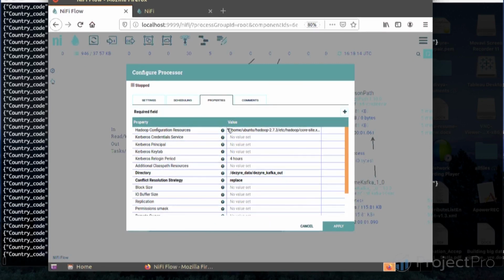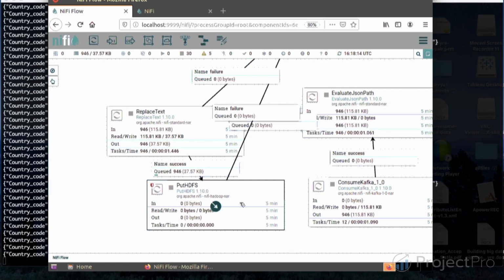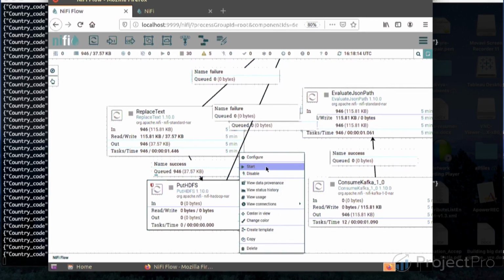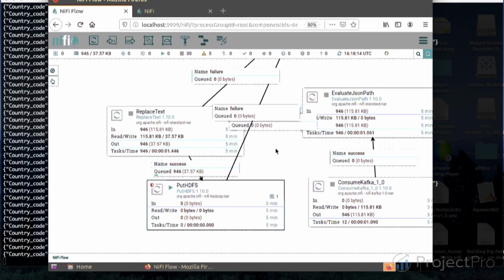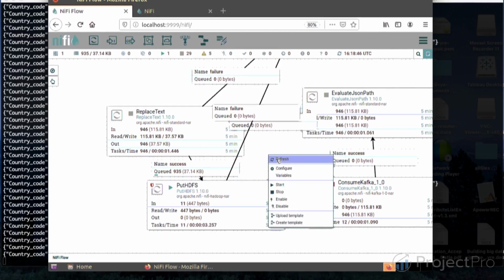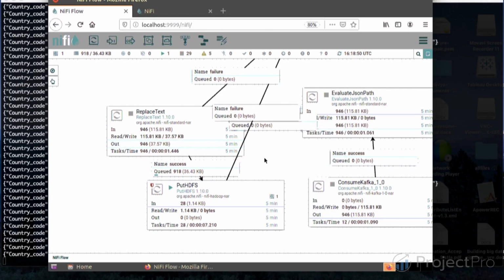So we have the parsed data as CSV, and we use PutHDFS to put the data onto HDFS. We provide the required Hadoop configuration resources as well as the HDFS directory. This directory can be desire Kafka out. This directory will be dynamically created while running this process, so we need not execute any Hadoop commands to create it. Now we are going to run this to put the data. Once we run this PutHDFS processor, all the data which is parsed and processed will be put into that HDFS destination folder.